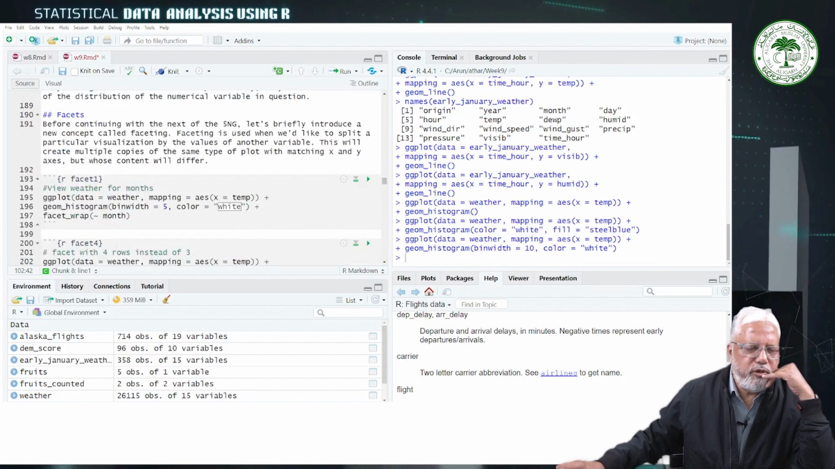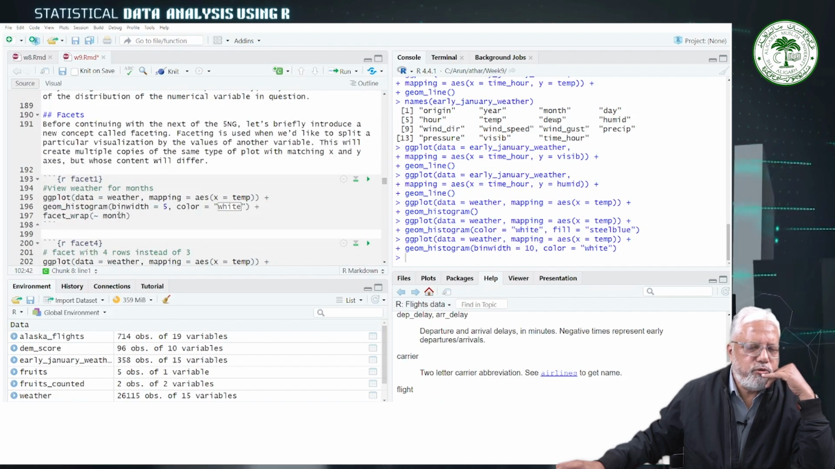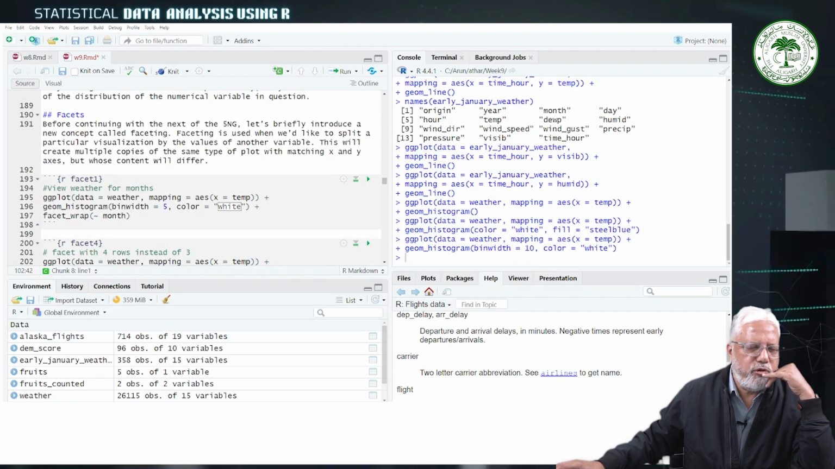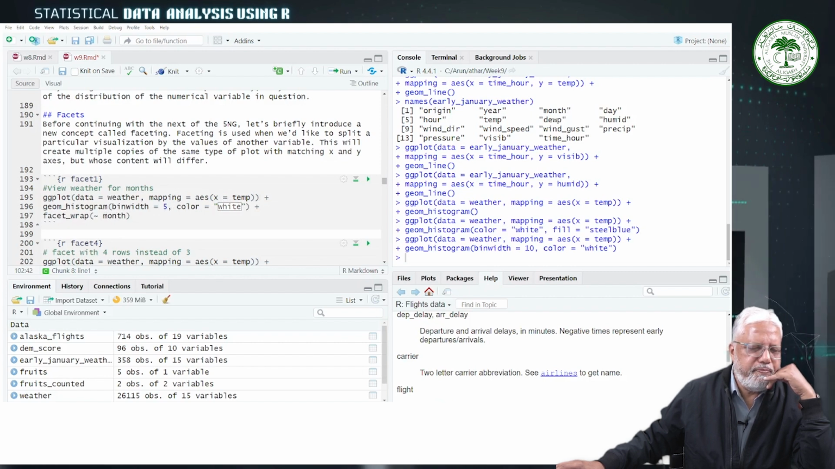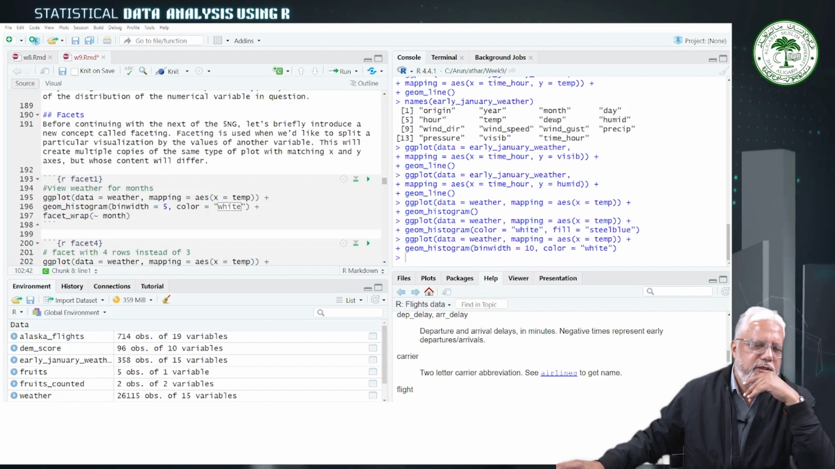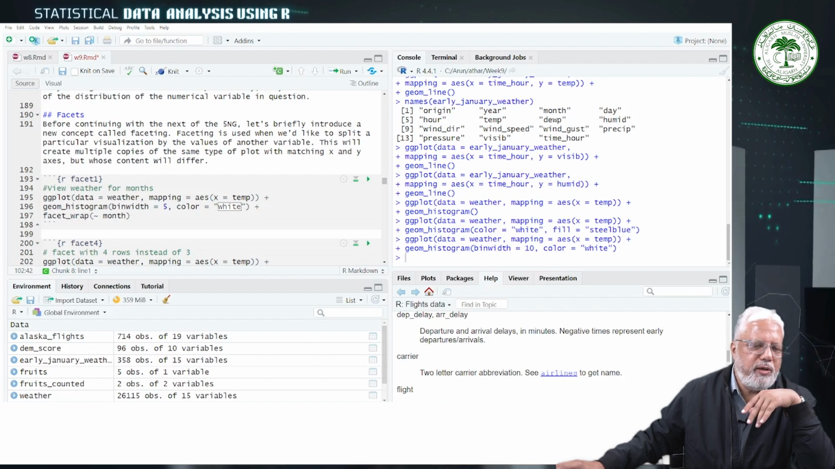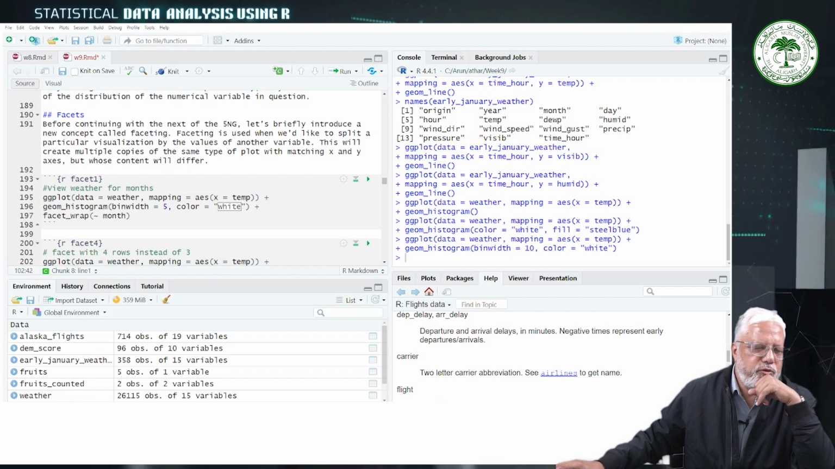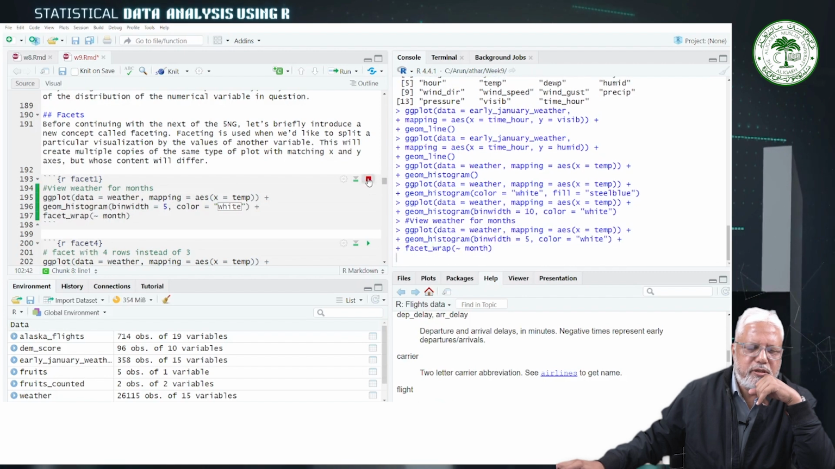ggplot(data = weather, mapping = aes(x = temperature)) plus geom_histogram, binwidth equal to 5, color equal to white, and facet_wrap, tilde month. Because there are 12 months, it will generate 12 plots corresponding to 12 months. So, if you run this,